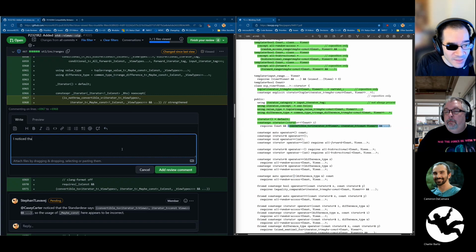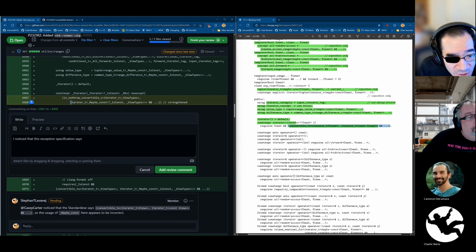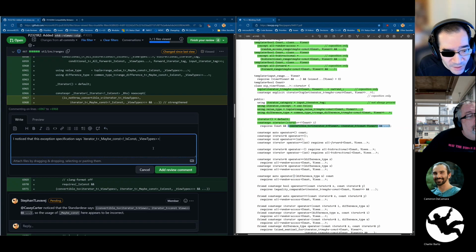I noticed that this, should I comment on the whole thing? No, it'd be distracting to get the signature in there. That this exception specification says, let's see, should I just extract? Now I'll extract the whole iterator type. Let's see, we are,